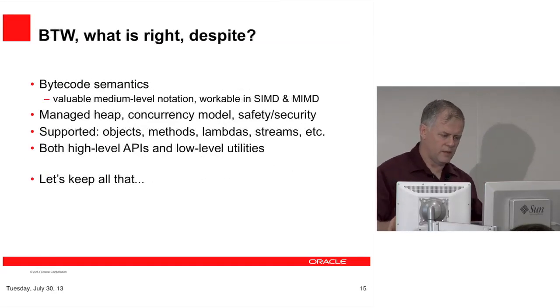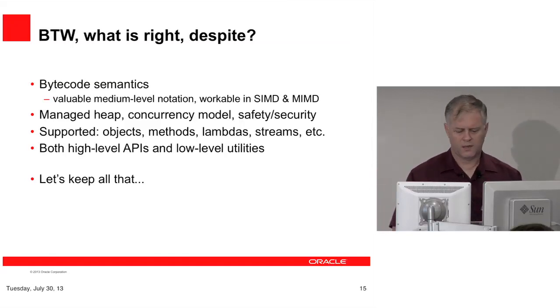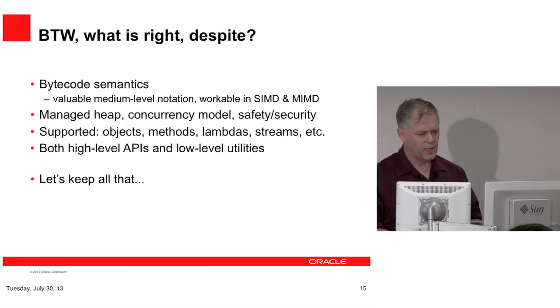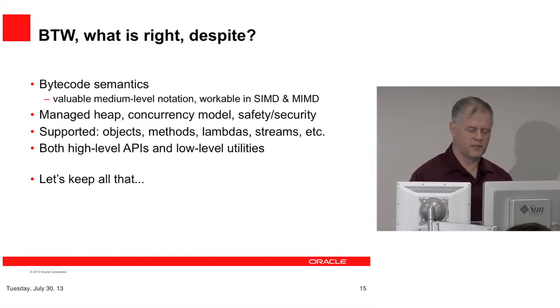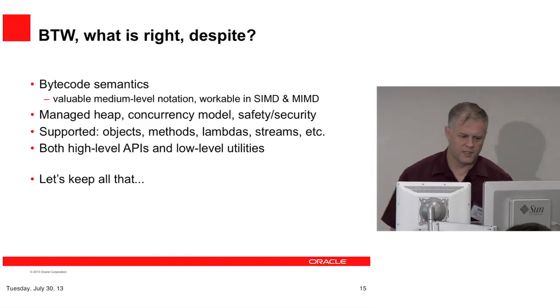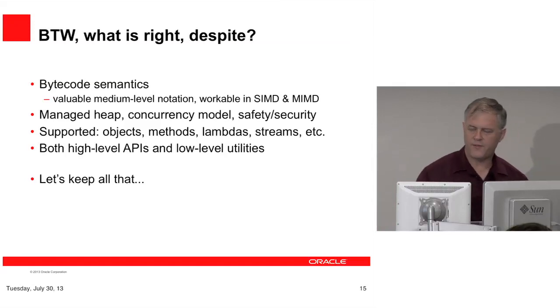Okay, so with race conditions, you can say, oh, Java model's broken, everything's bad, let's make new bytecodes. I think the bytecode semantics are not at fault here, and even the concurrency model. You can run Java bytecodes SIMD, and there are multiple proofs of existence for that. The managed heap and the safety and security especially are very helpful invariants, and I would strongly advise against breaking those invariants for performance sake or for GPU compatibility or something.